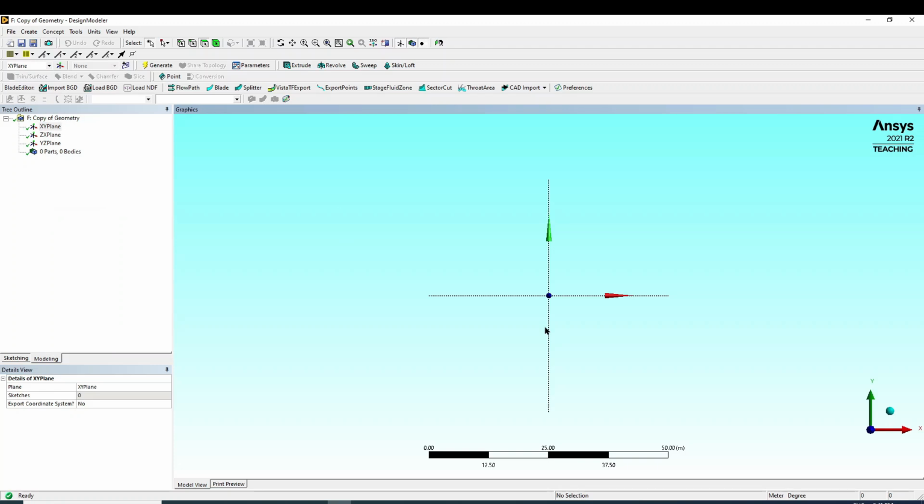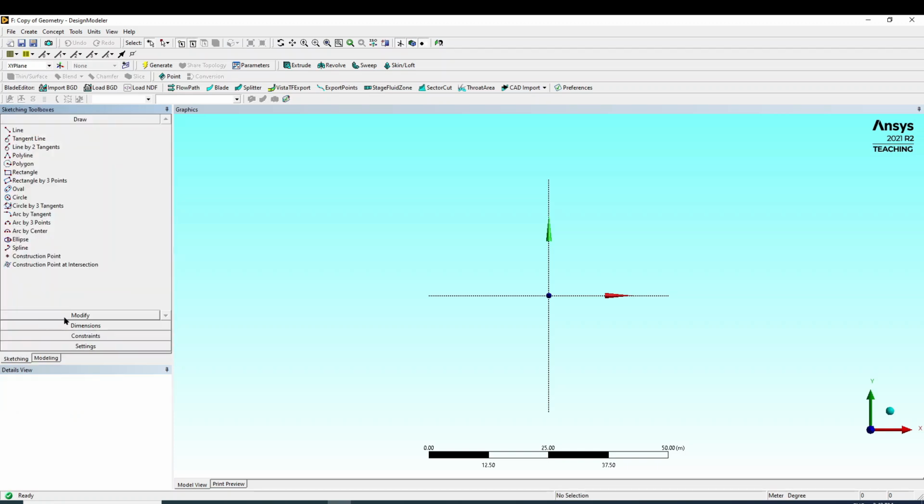Now I want to create the square in this geometry. Presently, what is the dimension? 50. But if I want to create the geometry of a 1 mm by 1 mm size square, if I am going for the sketch, can you see the modeling here where outlines are available? Now I want to create the sketch on XY plane. I will go to the sketching option. Can you see? Go to sketching. And in that, I want to go for the square.